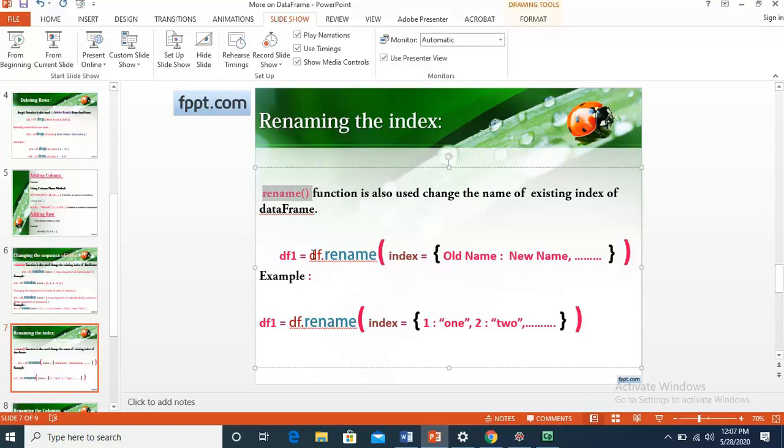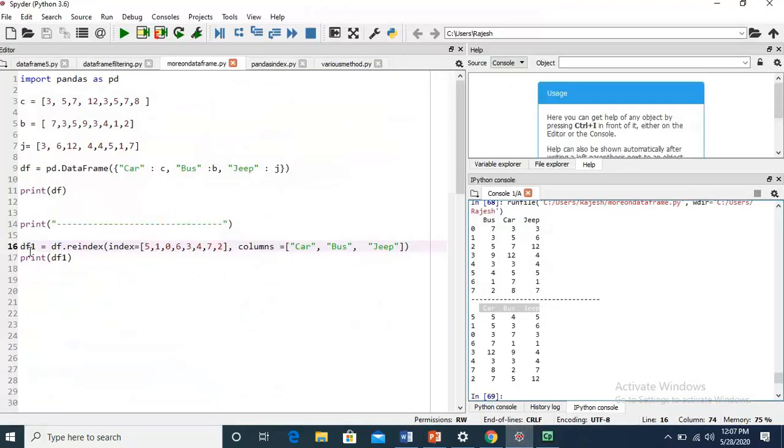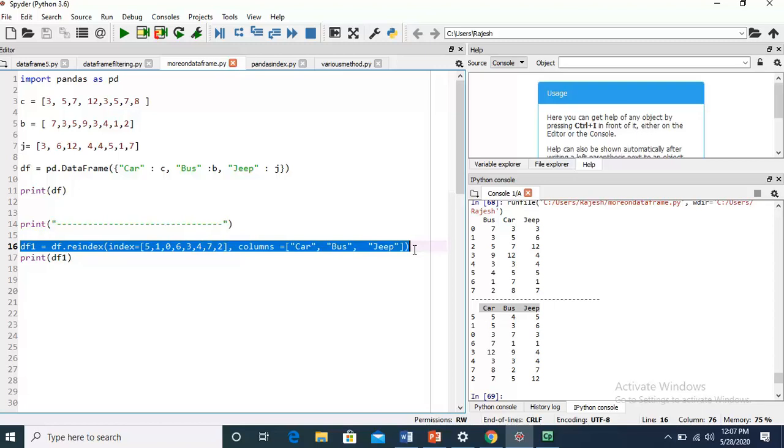The syntax is df.rename, then index. Then one thing keep in your mind, here I am using curly braces. Okay, let me see how I can change the name of index.